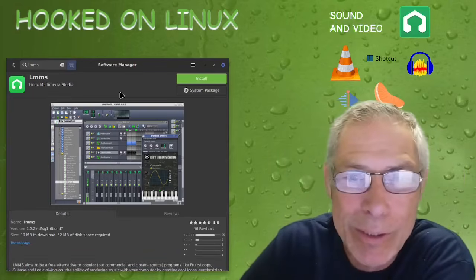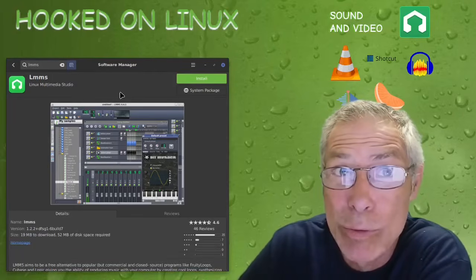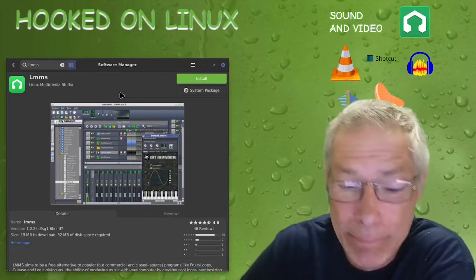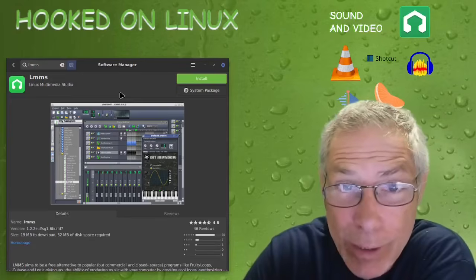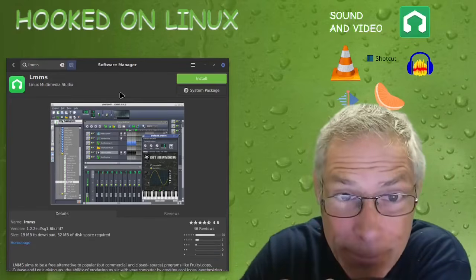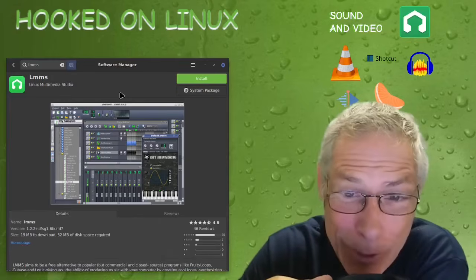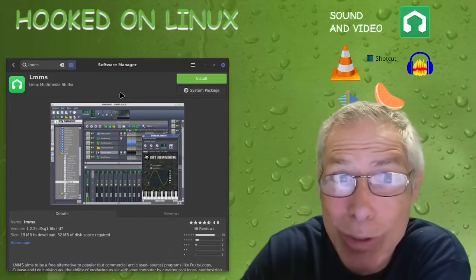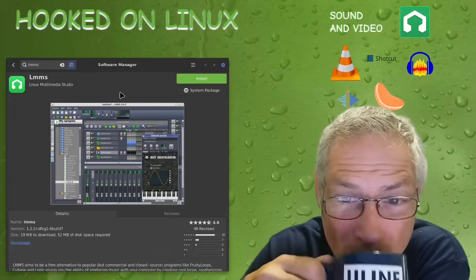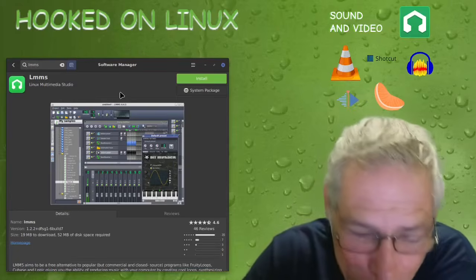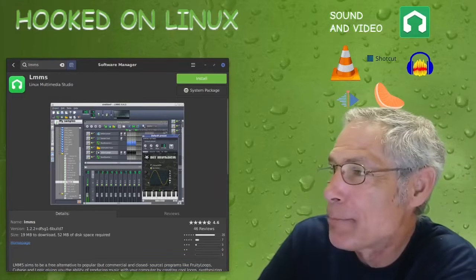So congratulations if you have this. If you use your computer for any audio, video, studio, whatever stuff, these kinds of programs are a must. So LMMS looks good. I haven't installed it because I haven't found a use for it yet. It's a mixing board, but that's awesome. So there's that, and then